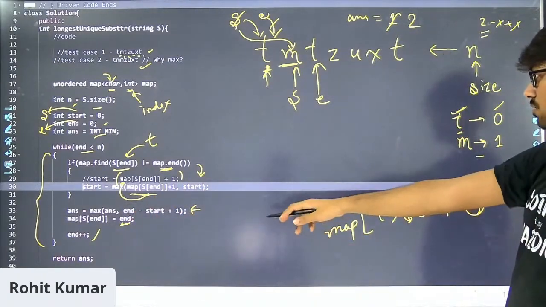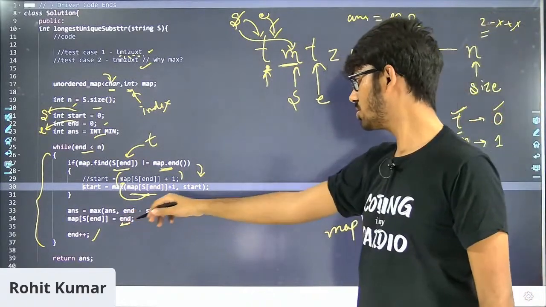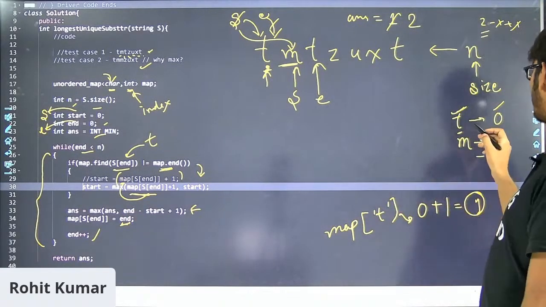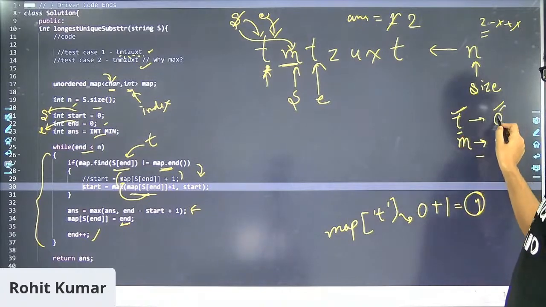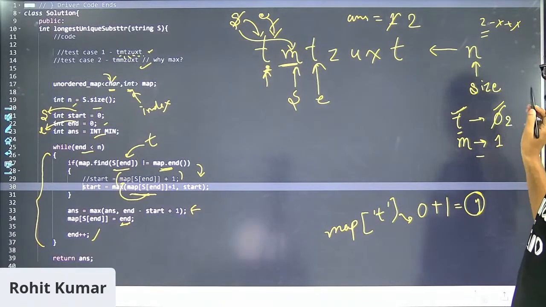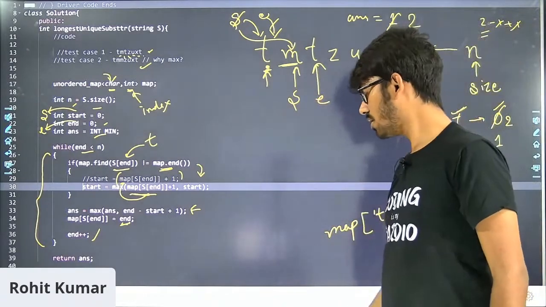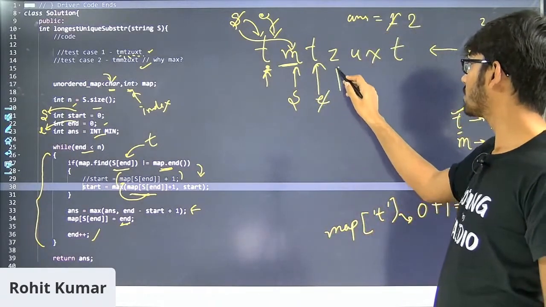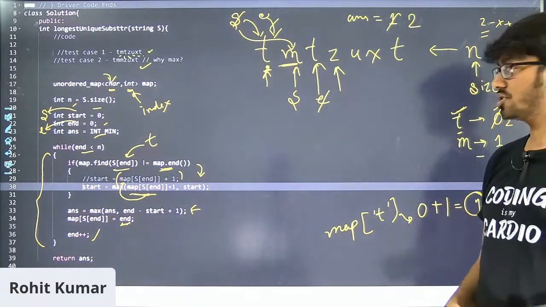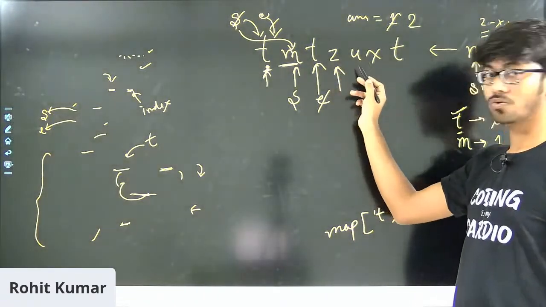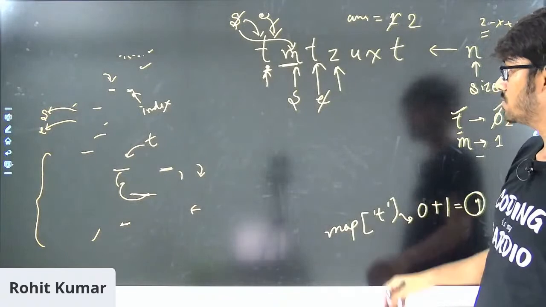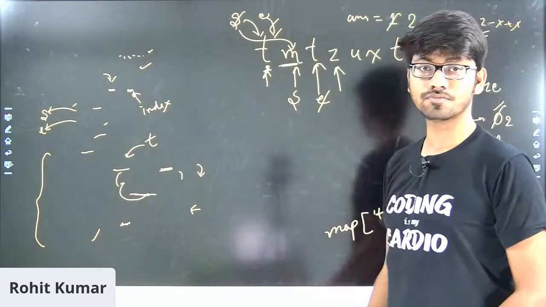Okay, so this time what is going to happen? Map of s dot end. So this time s dot end map is t only. I'll update it with 2, right? Because I have end as 2. I do end plus plus and I come over here. Now things are pretty straightforward. As you could see, z, u, and x all are distinct. So what I will be doing is,